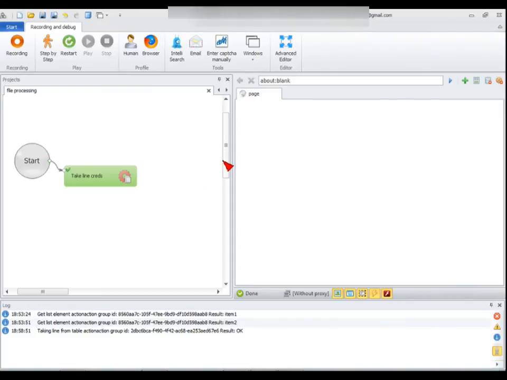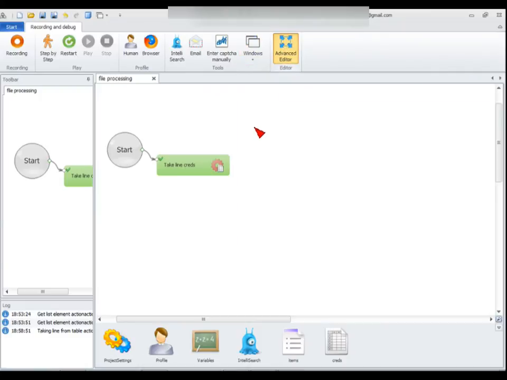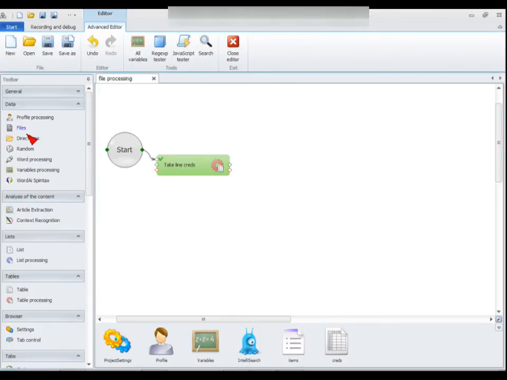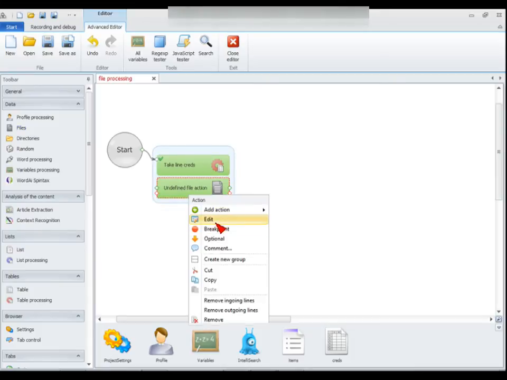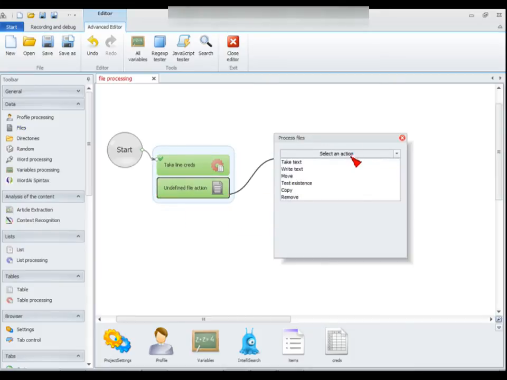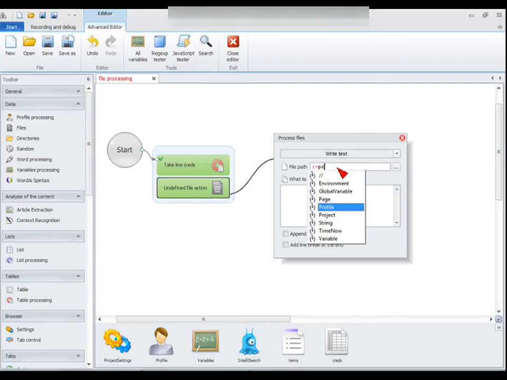And that is pretty much all there is to calling for details from a file. To save it to a file, go over to your advanced editor again, drag and drop files in, right click, select an action, write text to a file, enter in your directory. So again, project directory if you're planning on selling it or moving it, and then name your file. So in this case I'll be doing example.txt,